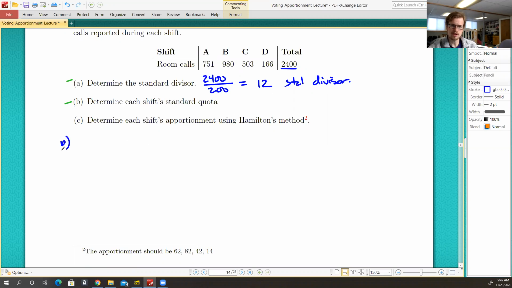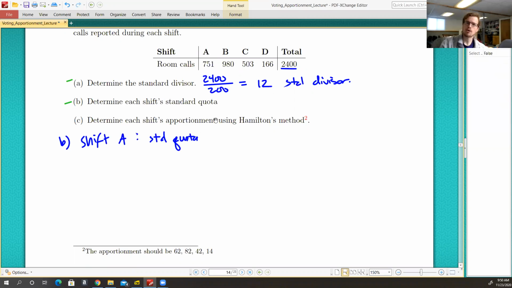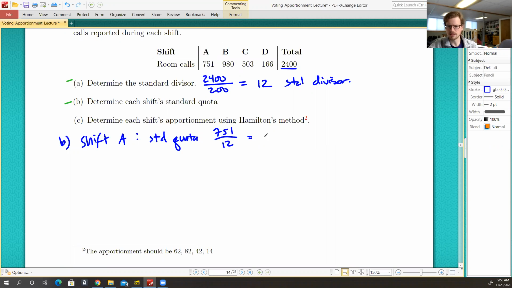For part B, this will take several steps, and that's okay. 4 parts to this. So shift A, B, C, and D. So for shift A, the standard quota, right? The standard quota in each case is given by the number of people or things in the population. So a population of A is 751. Divide that by the standard divisor of 12, and we get